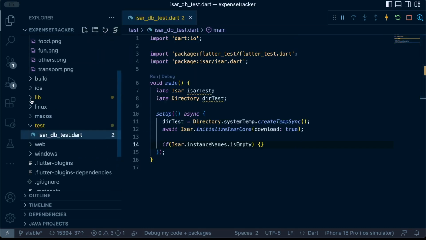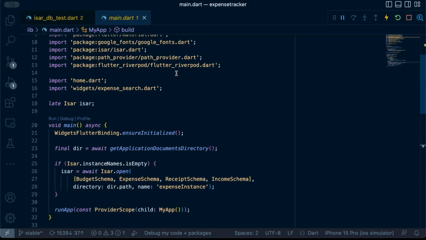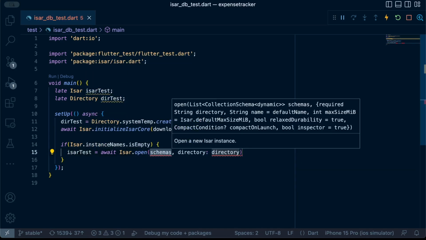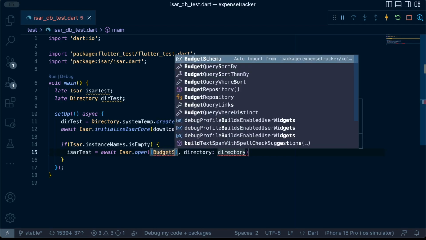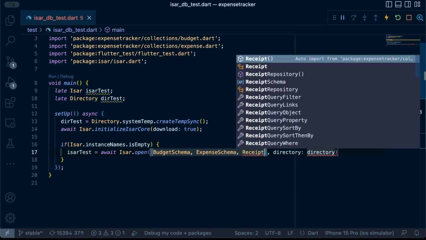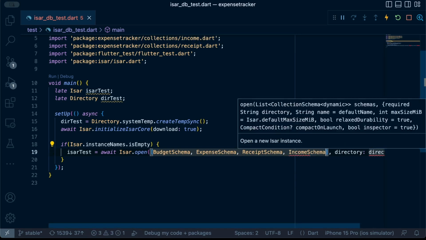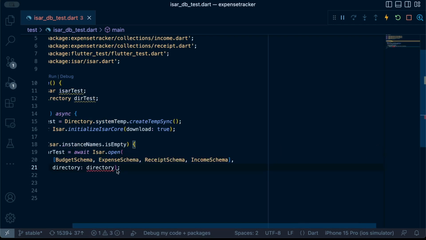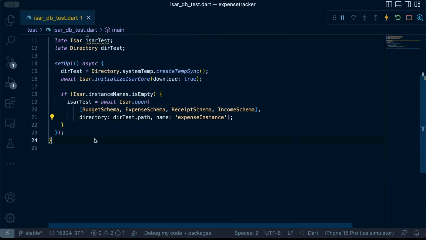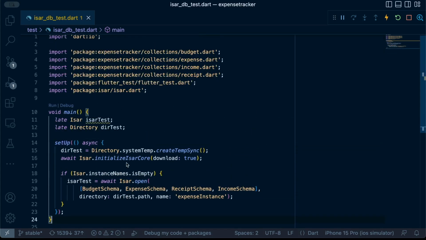And then we're just simulating the same logic that we had in our main.dart, where we're first checking if Isar.instances is empty. That's when we proceed to initialize our Isar instance. We're going to add all our schemas into the instance when opening, that is. And then for our directory, we're going to pass in dirTest.path and then give the name of our instance, which is expense instance. Now that we have that,